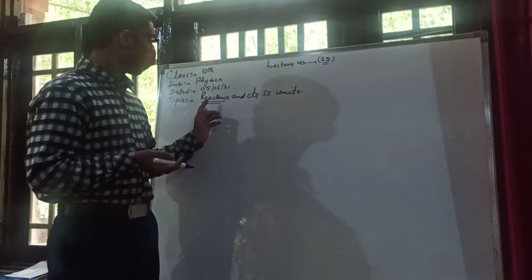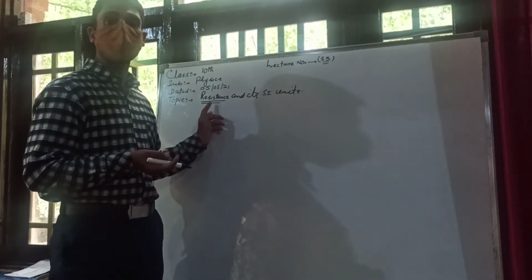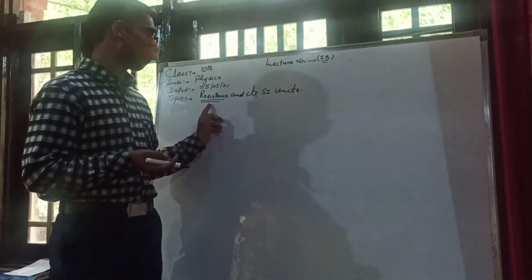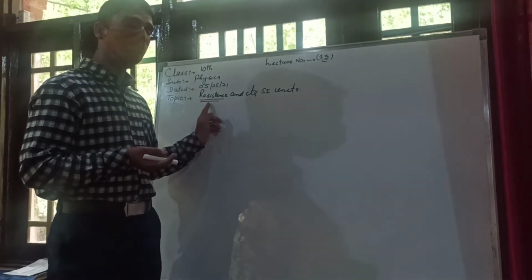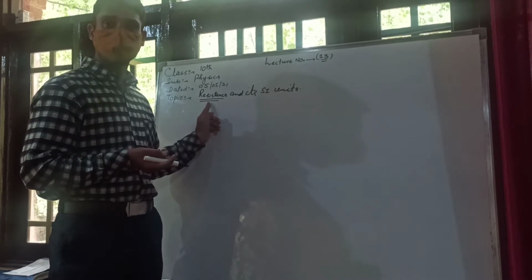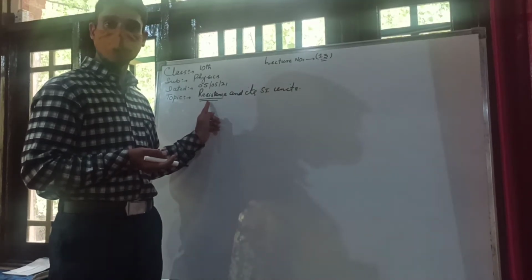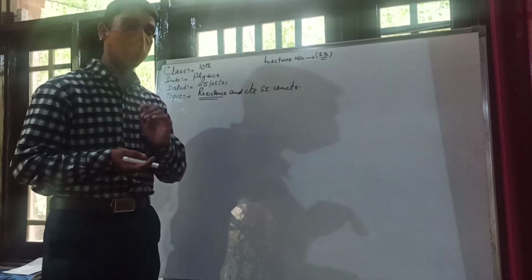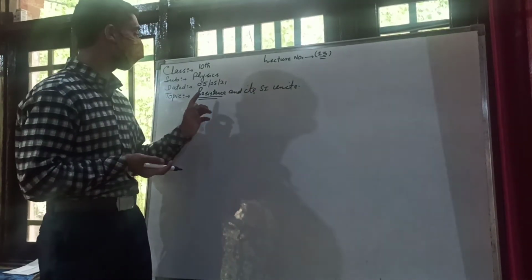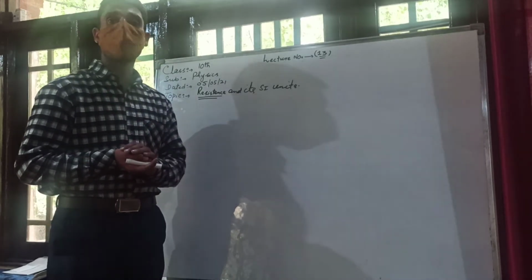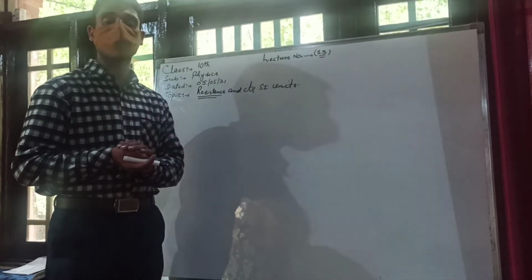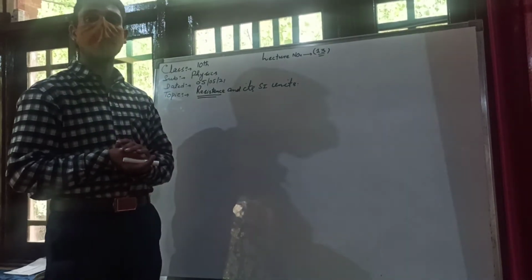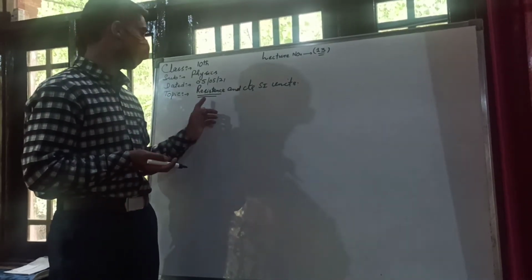In other words, resistance is the property of a conductor due to which it opposes the flow of charges. In other words, the opposition offered by the conductor to the flow of electrons through it is called resistance of the conductor. There is one more important and crucial definition of resistance, that is the obstruction posed by the conductor to the flow of electrons or flow of charges through it is also called resistance of the conductor.